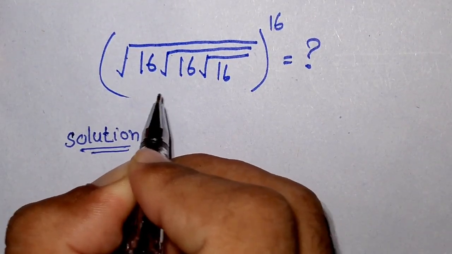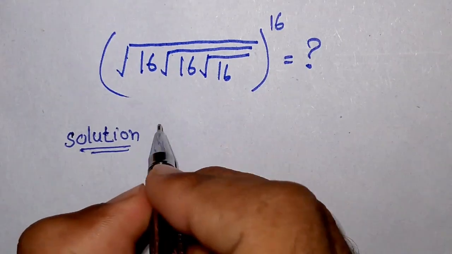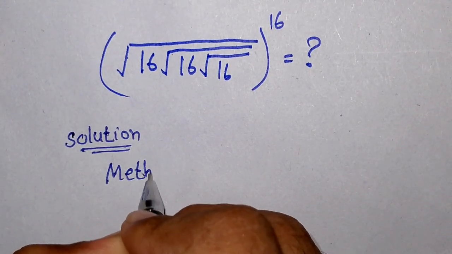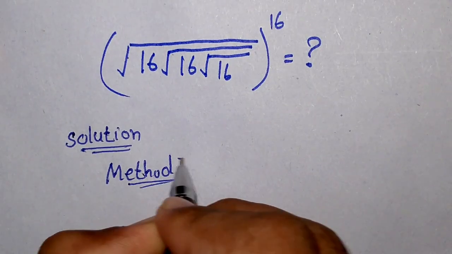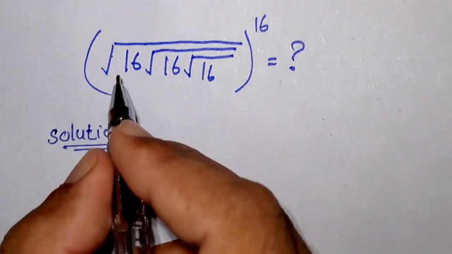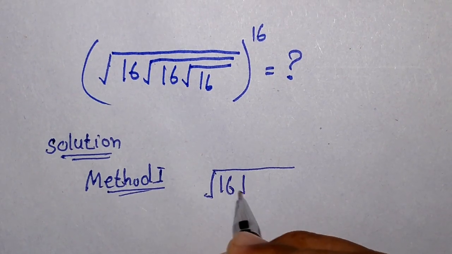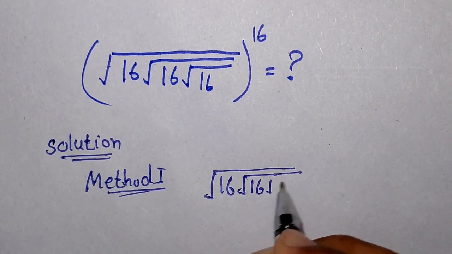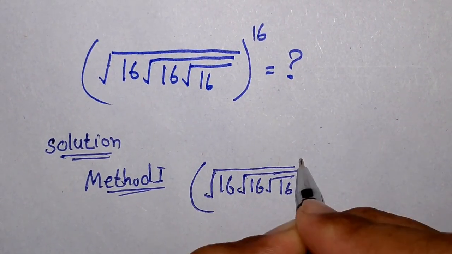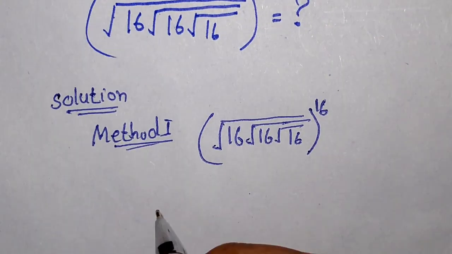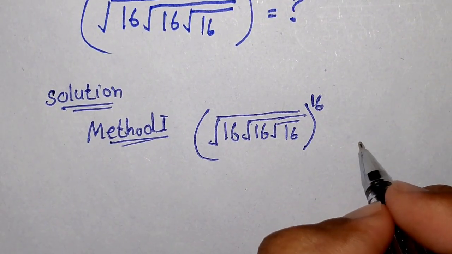We can write this question by two methods. First of all, we have to solve this by method number first. We have to write the question, that is, square root of 16 under square root of 16 under square root of 16 to the whole power of 16. This is the question. To solve this, we know that